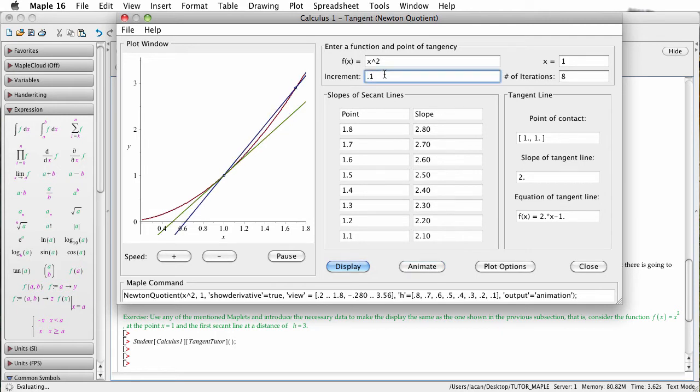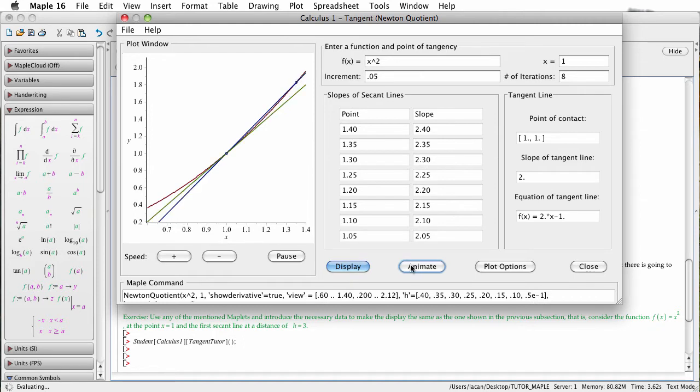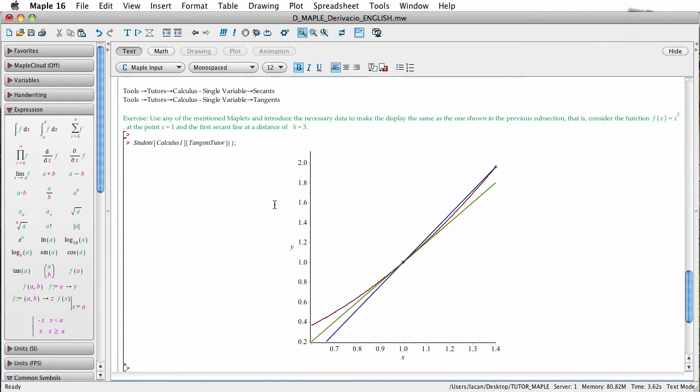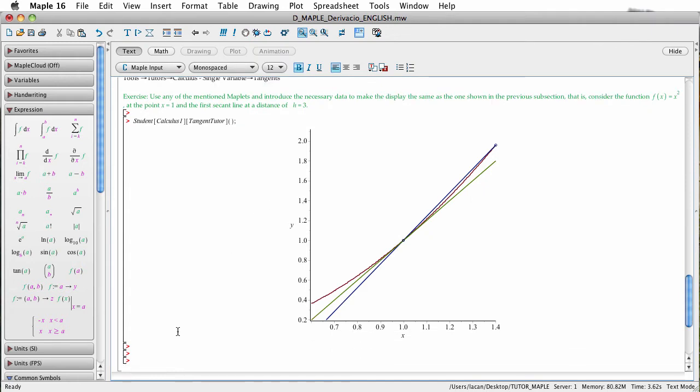Now finally, if you want to reduce it and animate, you can see that the slopes are nearly 2. When you take the 0.1 and 1.05, you get a slope of 2.05. Of course, the function is x squared, its derivative is 2x, and if we evaluate 2x at x equal 1, we get 2. Okay? So just to see if it works, we define the function x squared,